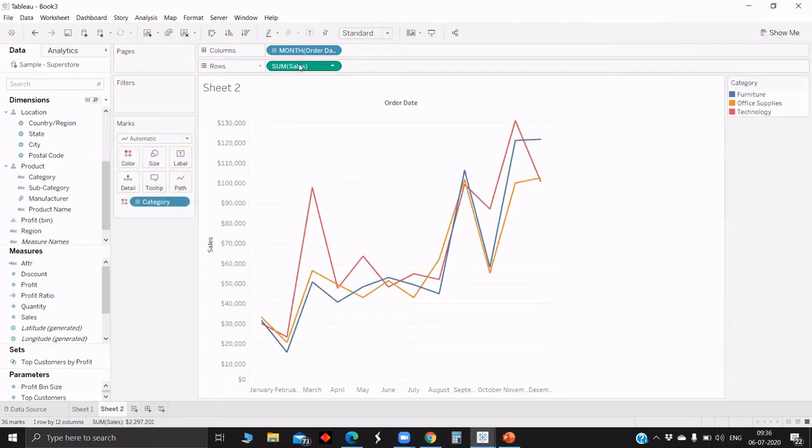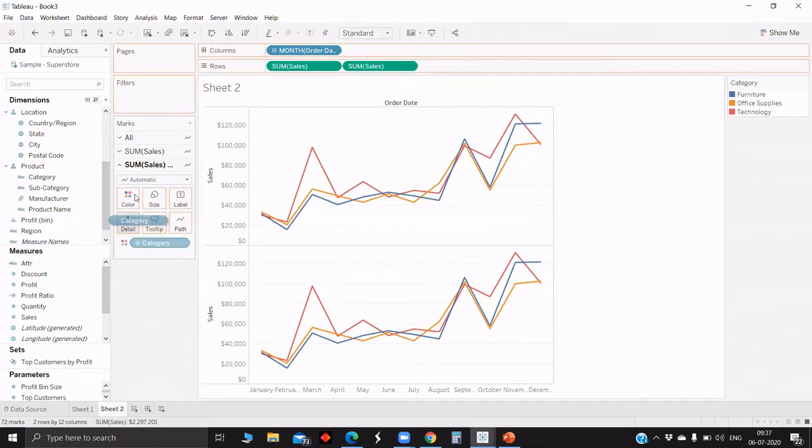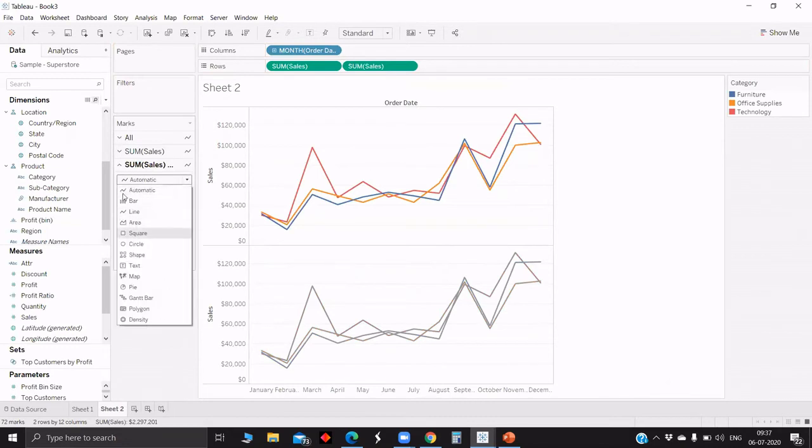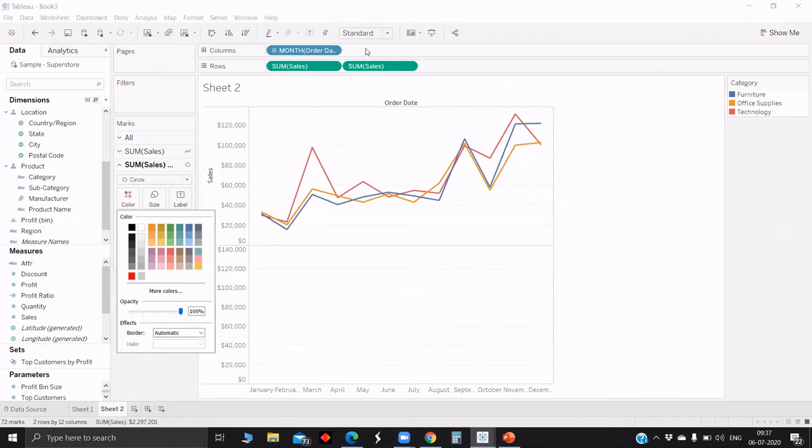Then we'll pull the sum of sales again. For the second one we'll put category in detail, so all of them will come in a unique color, and we can change this to circle and change the color to white.